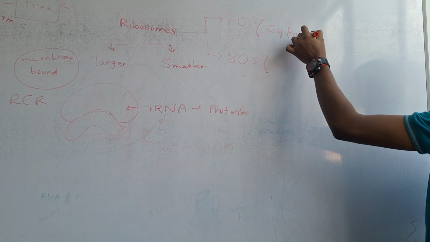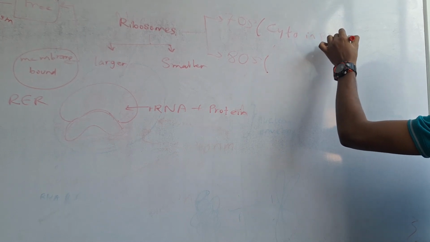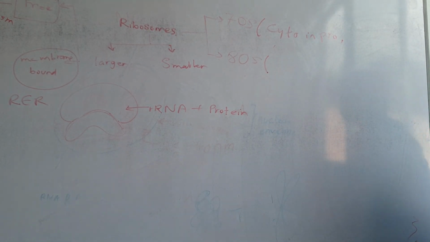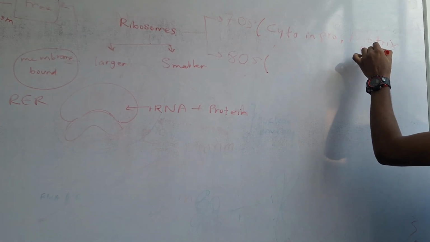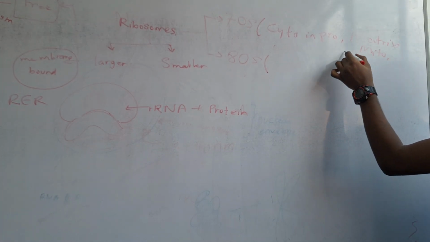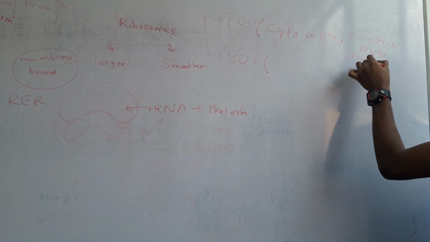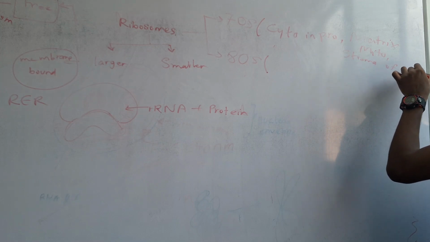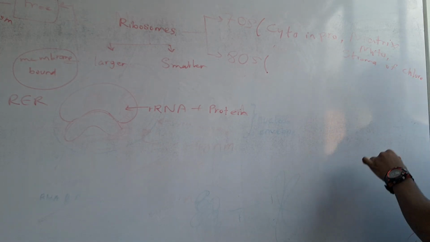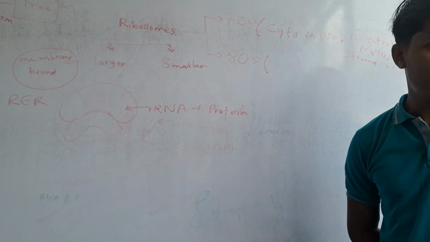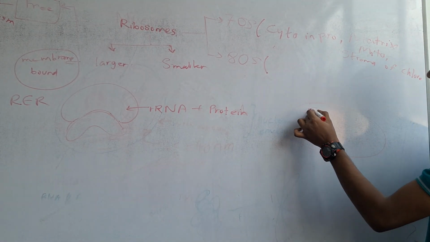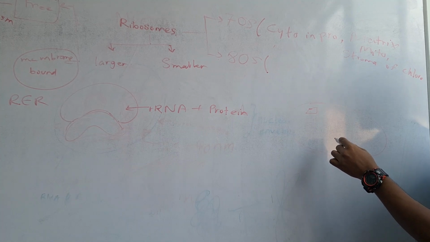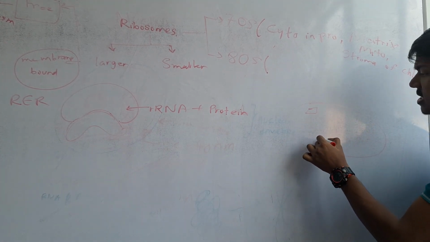In the cytoplasm in prokaryotes, the matrix of mitochondria, and the stroma of chloroplast. Matrix means a fluid-like structure. What is the function of chloroplast? Photosynthesis, production of